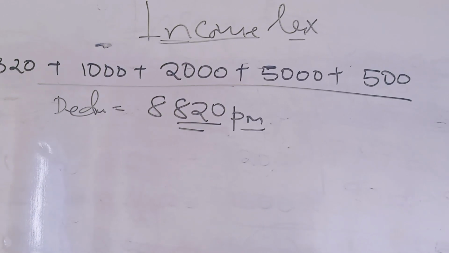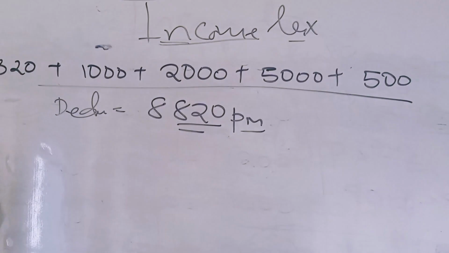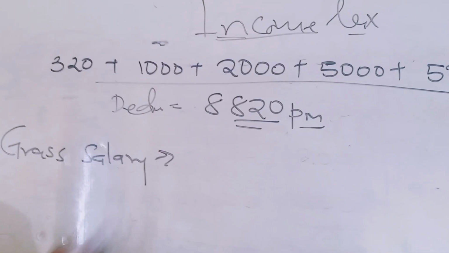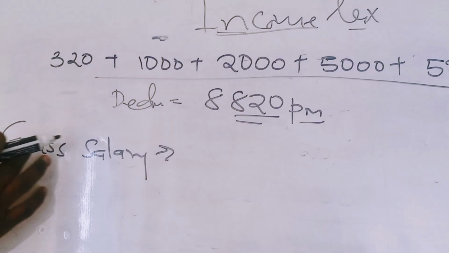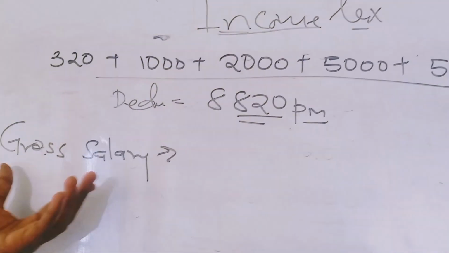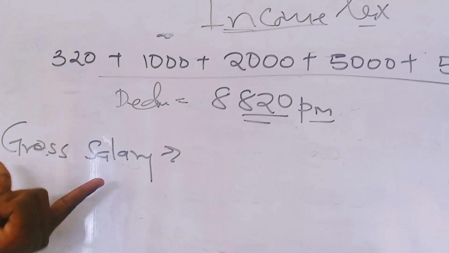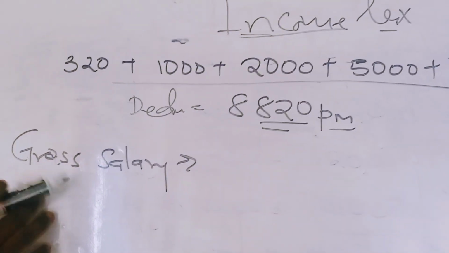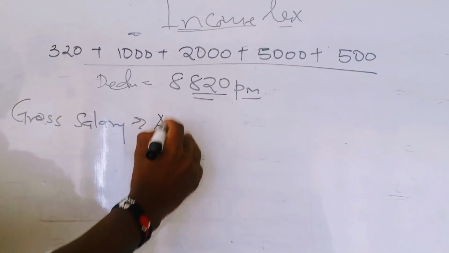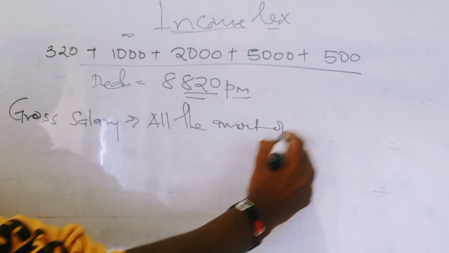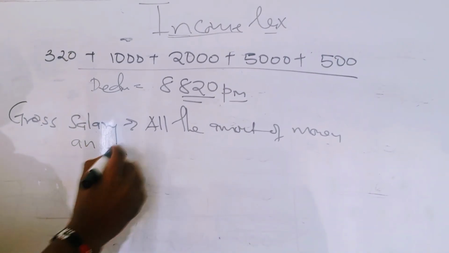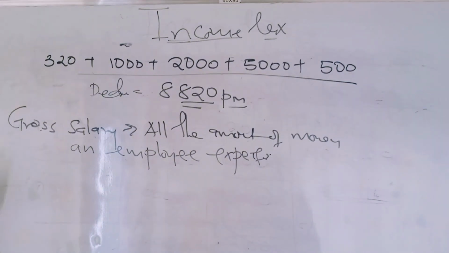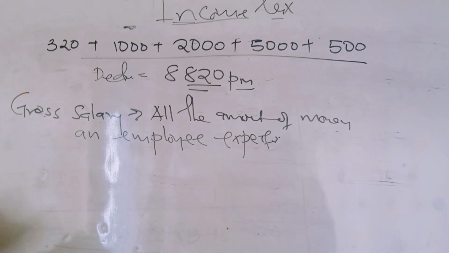So allow me to explain a term here. Before I talk about the net salary, let me talk about the gross salary. Gross salary is the money the person earns before the deductions are made. Sorry, an error here: it is the amount of money this person is expected to get. But at the end of the day, this is not what this person gets. Something has to be pulled off from this salary. So gross salary is all the amount of money an employee expects, but then doesn't receive, because this money has to undergo certain processes for the benefit of maybe the